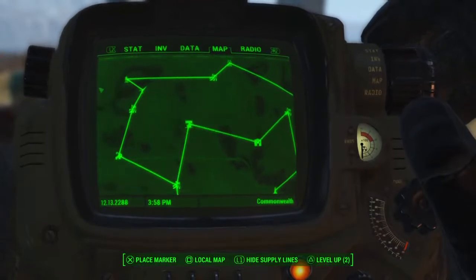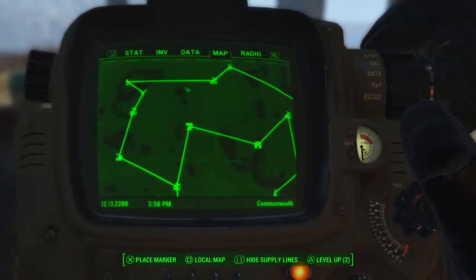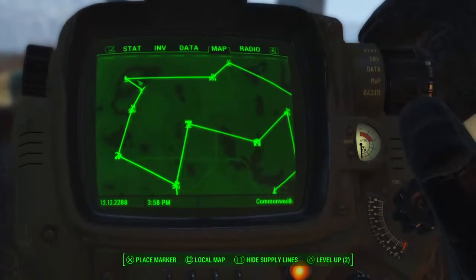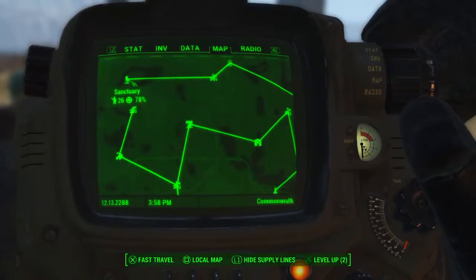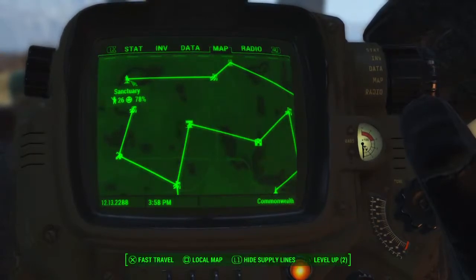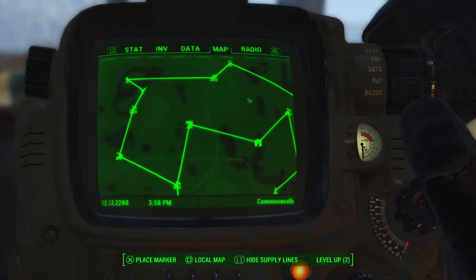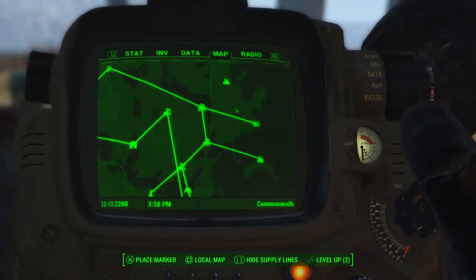Some people do it so that Sanctuary is kind of like their go-to place. They'll have a representative from each new settlement sending resources to one hub. And some people like to use Sanctuary, so all of the supplies are coming into Sanctuary, which is really just for cosmetics. It doesn't have a benefit to do it that way. This is the way I do it,